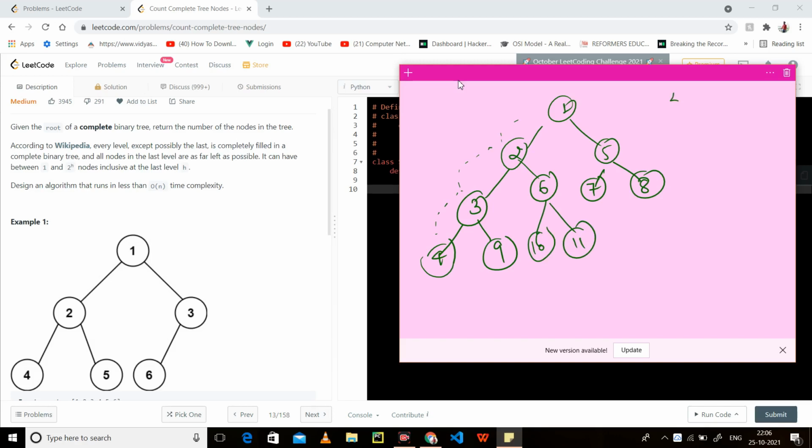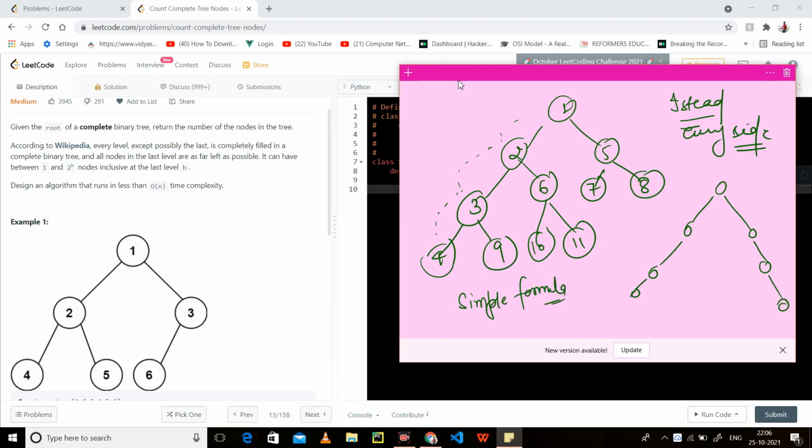But instead of counting every node, you simply check whether the leftmost depth is equal to the rightmost depth or not. If these two are equal, then we have a simple formula for a complete binary tree: 2 to the power n minus 1, where n could be the left depth or the right depth. So 2 to the power 4 is 16, minus 1, 15.